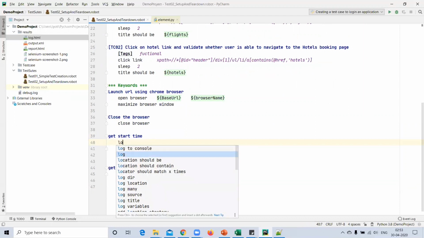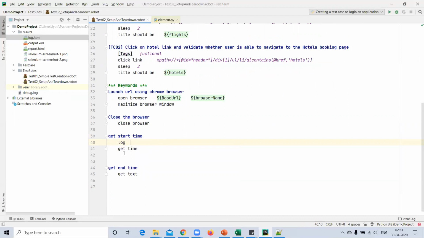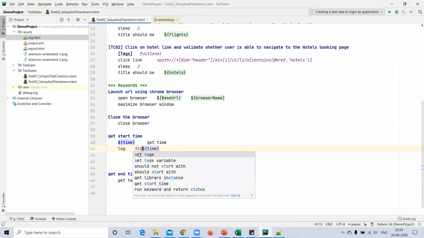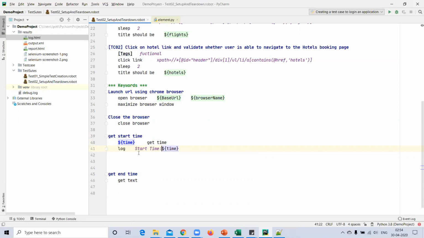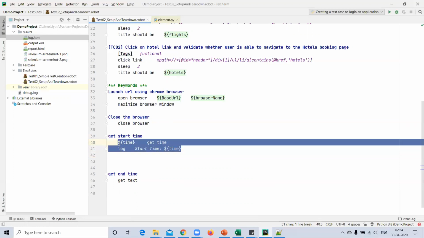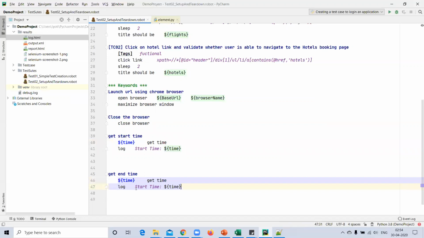Just provide in log. Storing this method in a variable, time. Okay, and just printing in log, as a start. Similarly, for end time.